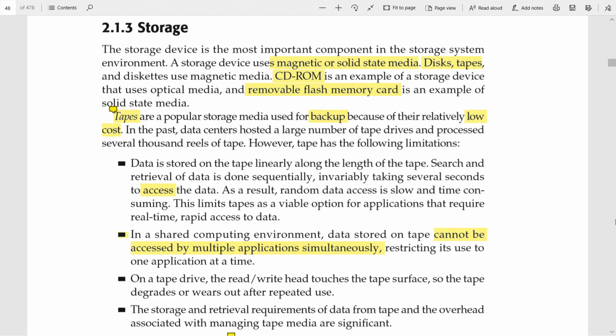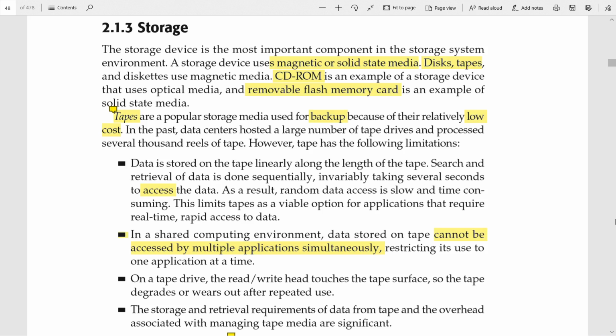We also saw the logical connectivity, the three most popular interface protocols: PCI, IDE and SCSI. PCI is the Peripheral Component Interconnect, IDE is the Integrated Device Electronics, and SCSI is the Small Computer System Interface.